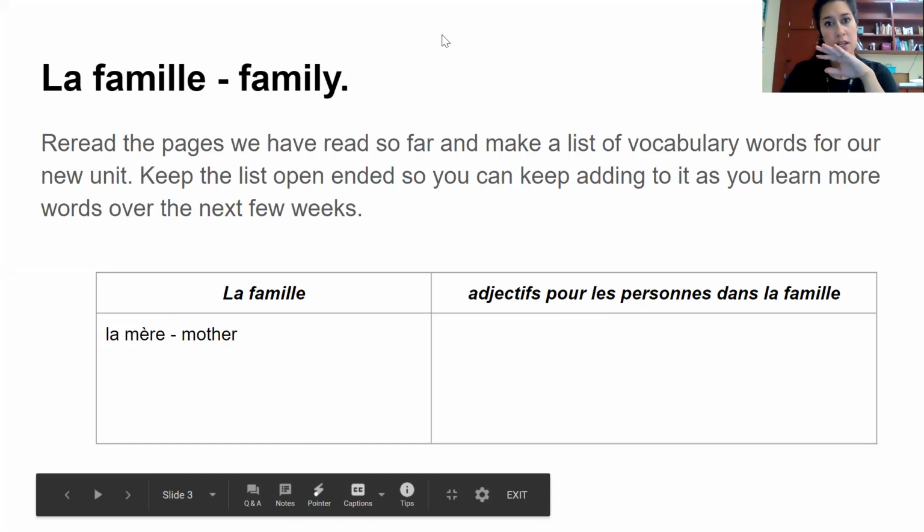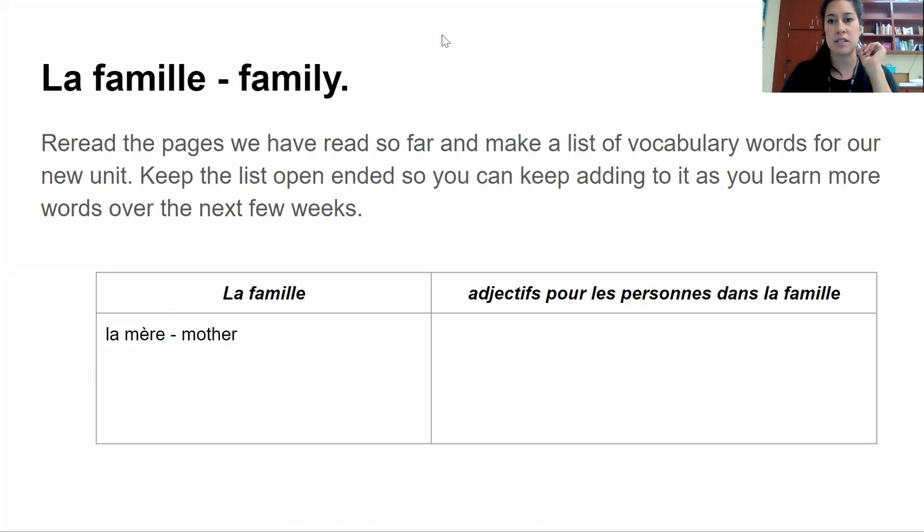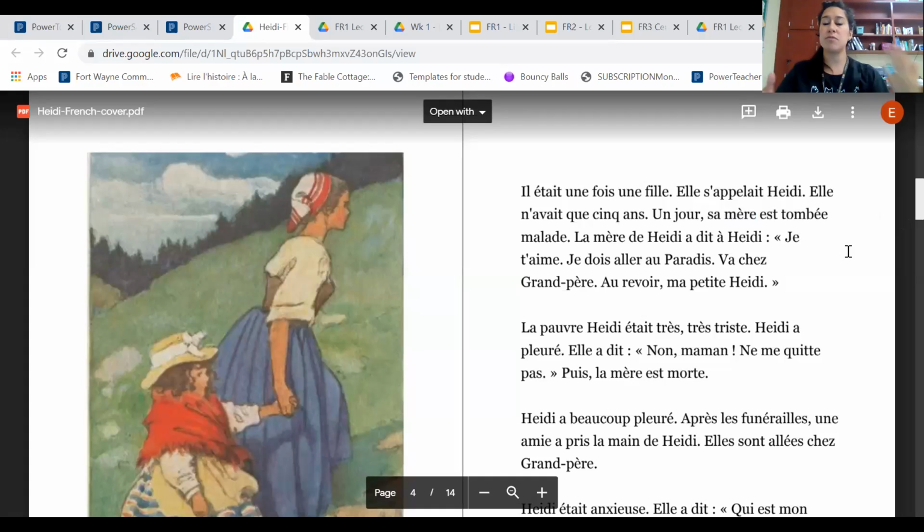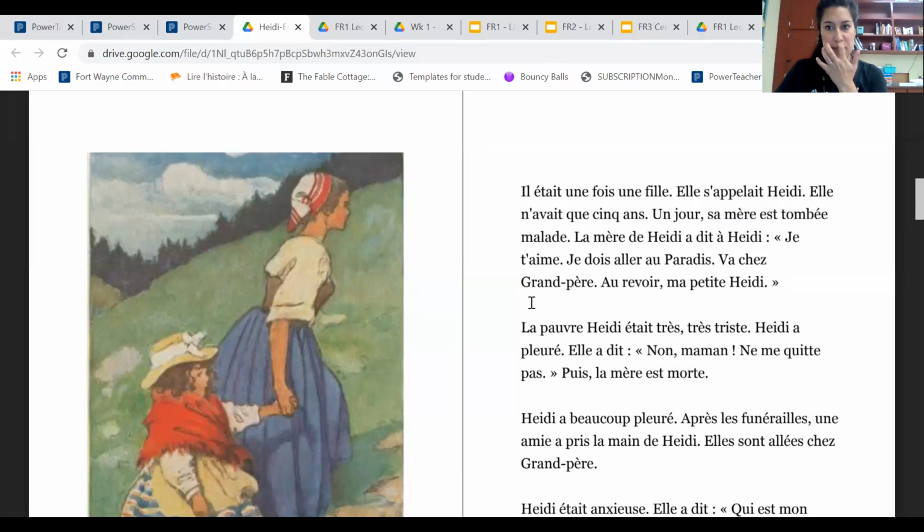Let's do an adjective because I want to make sure that everybody understands what an adjective is. So as we're reading for your second time, I want you to find words that describe a person. It could describe their personality, their emotions, or their physical appearance, just to describe what they are. It's an adjective. Usually one adjective goes with a noun as a describing word. So let's move on.